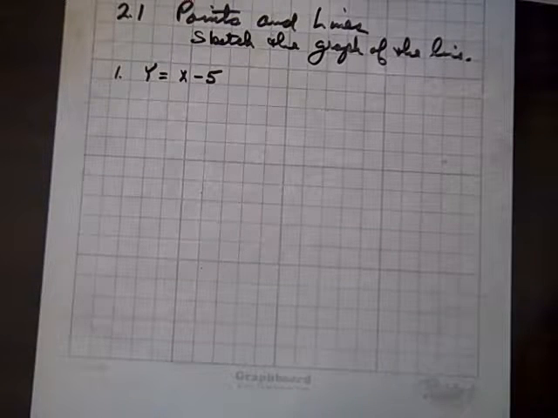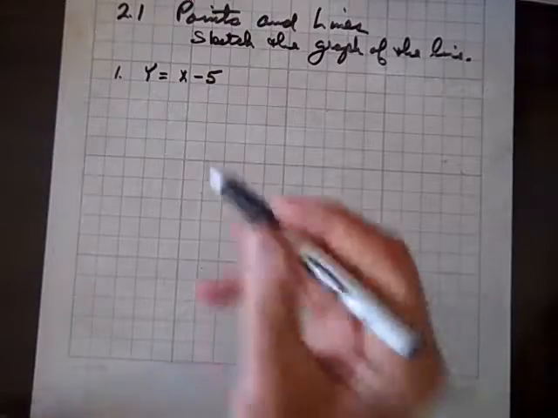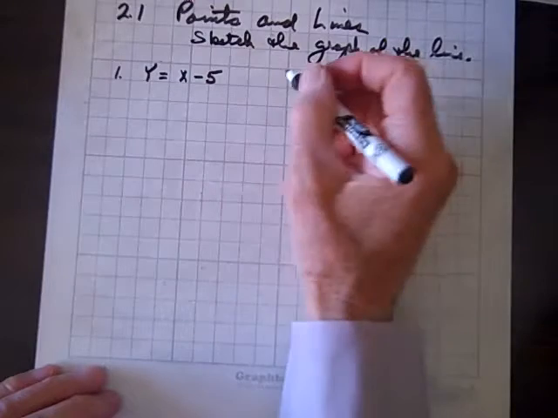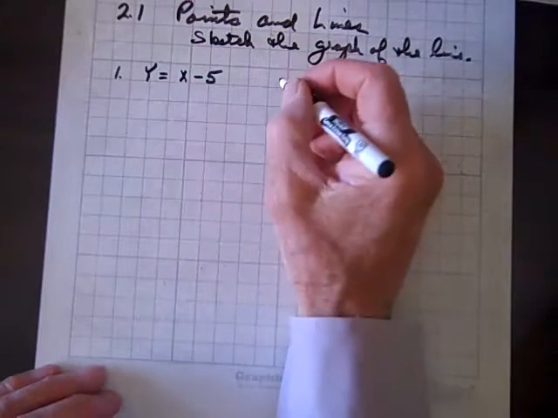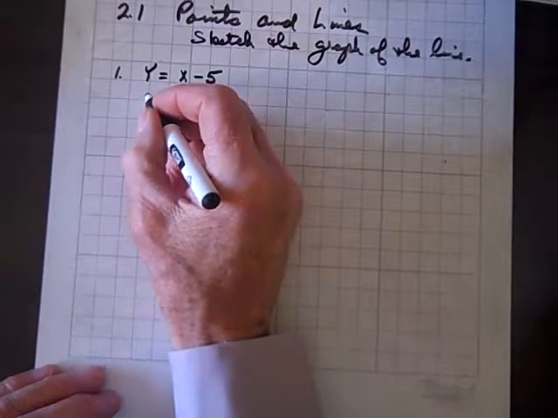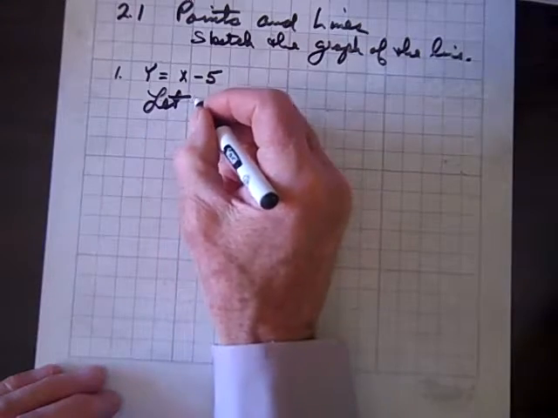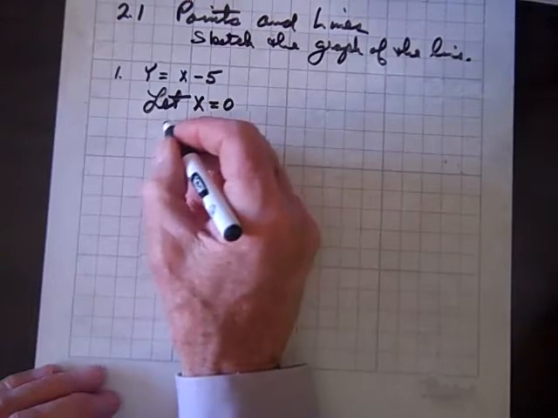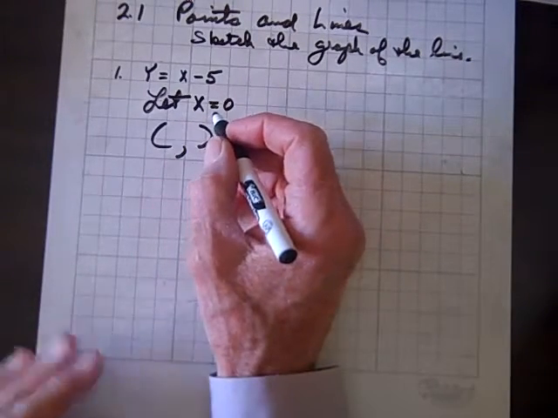Well, this is section 2.1, and we're going to graph a couple of lines. We'll start with this line here. And to do that, we're going to find the intercepts, the x and y intercepts. So to do that, we'll let, in the first case, x equal 0. So if x equals 0, it only takes 2 points to graph a line, so we'll come up with the